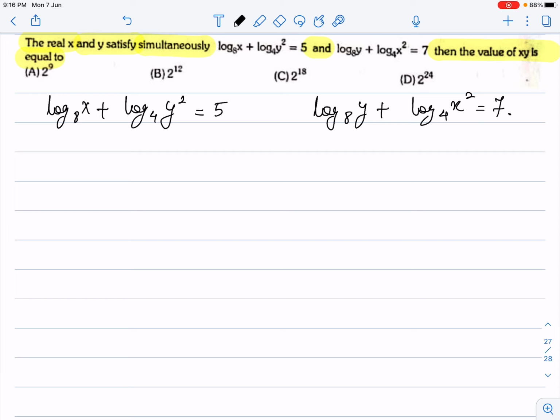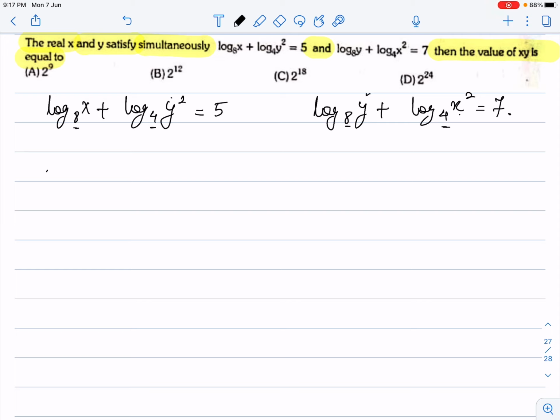Now you might be wondering, sir, I have log x, but here I have log x square. Here the base is 4, here the base is 8. Sir, I have log y, but here I have log y square. Here the base is 4, here the log base is 8. So what can I make over here? Guys, we will make a common base, that is 2, because 8 is 2 power 3 and 4 is 2 power 2. So which formula are we going to apply? Students, we will apply the base changing formula.